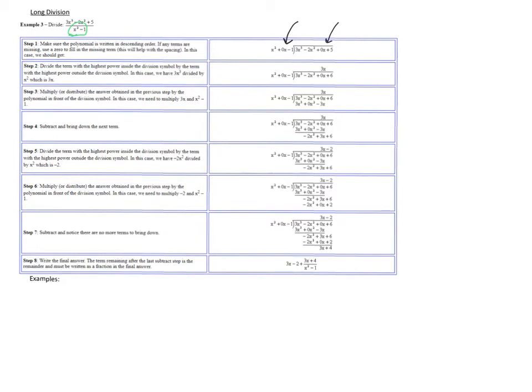So this is like the old school long division that you used to do, where you put the number you're dividing by on the outside. Then under the division symbol, you're going to put the dividend, whatever you have in the numerator, which you're dividing into. And if you think back to regular long division, let's say we have